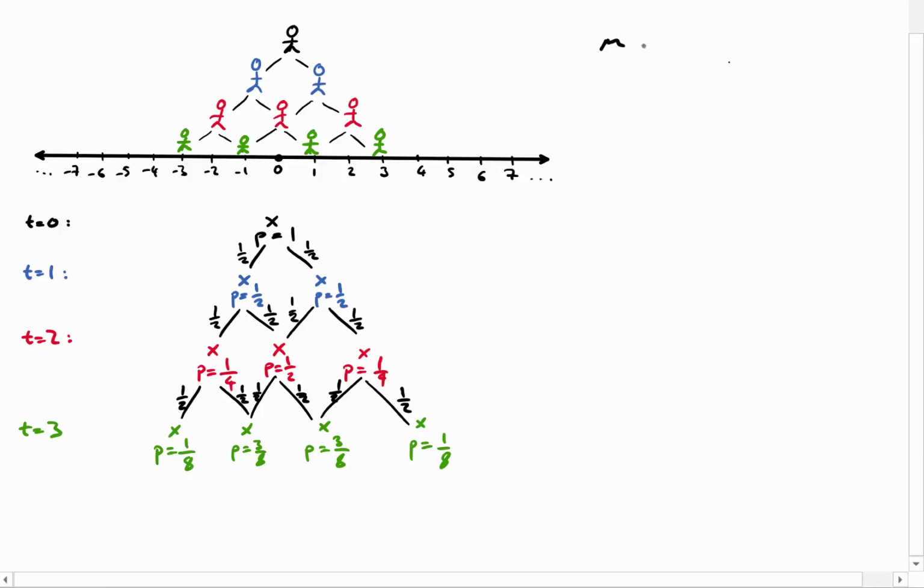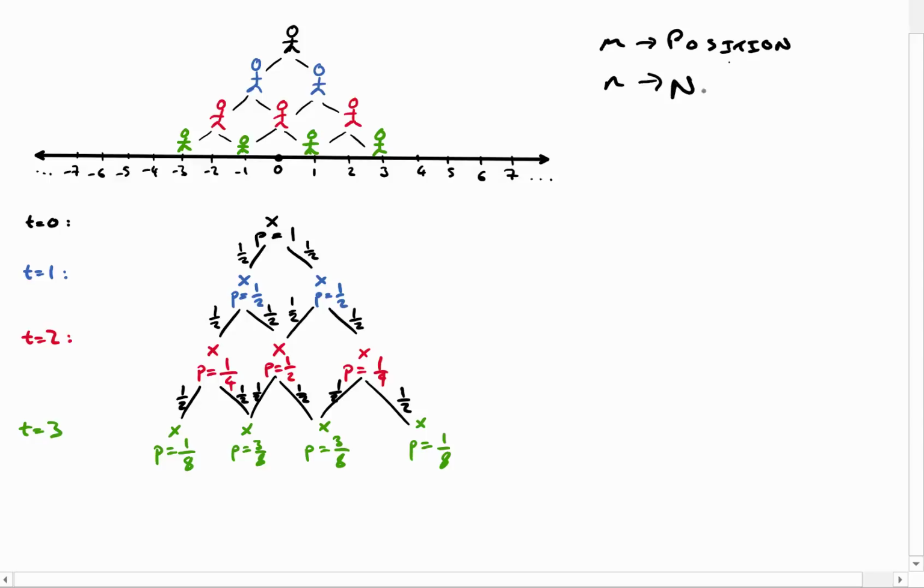Let's say that m is my position, the position that I end up with. So, for example, 4 would be my m, it's just where I end up. Or -5, that would be my m. It's just the position on this line that I end up at. And let's say that